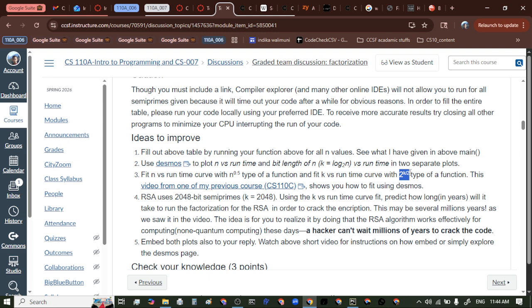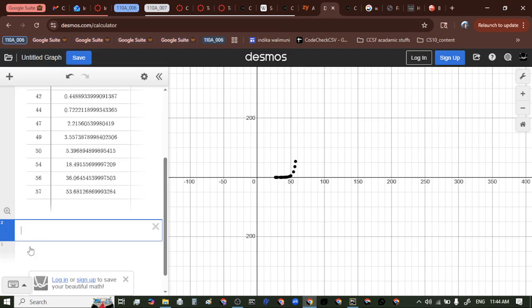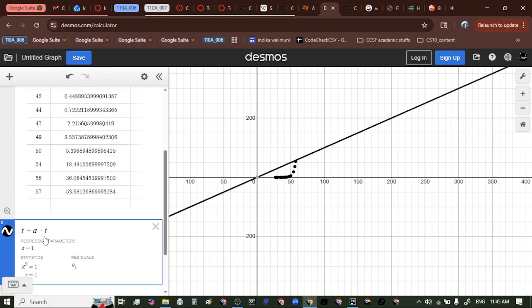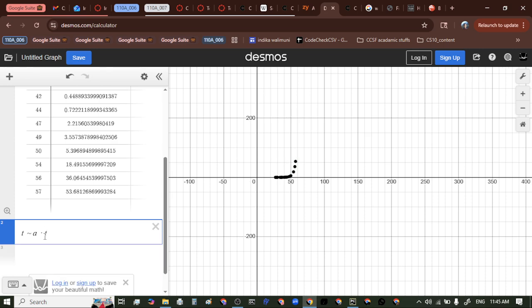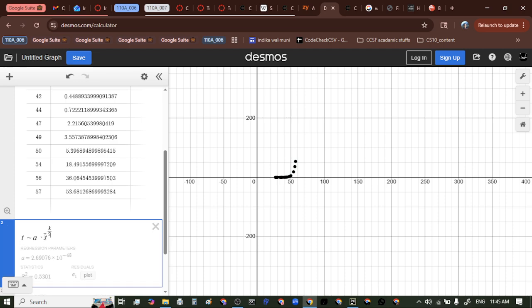Here's how you use it for a fitting. t is roughly equal, not exactly equal, guys, sorry, because we are fitting. So I'm going to say a times t to the power k by 2, and then plus